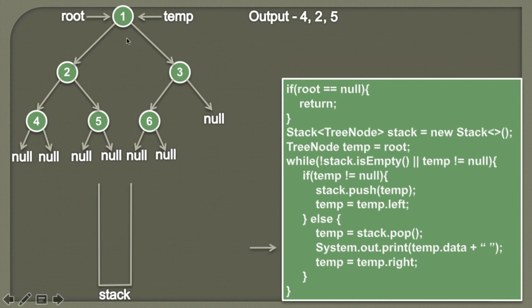So friends, here you can see for the node 1 we have completely visited its left subtree by printing 4, 2 and 5. So now we can actually visit this node. Therefore we simply print the data associated with this temporary node, which is 1. So 1 gets printed on the console. Therefore we have visited this node. In the next step, as we have visited this node, now we'll simply go to its right subtree. Therefore we simply assign temp.right to temp. Here you can see temp.right is pointing to the node 3. Therefore now temp will point to the node 3.